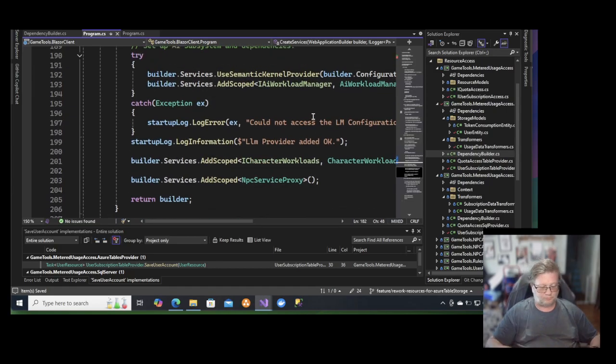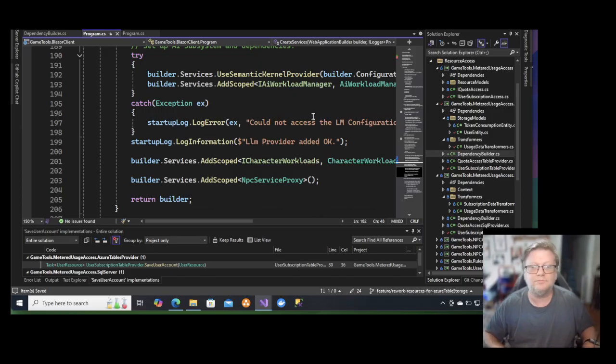Cool. Save. Build clean. And here I was worried that